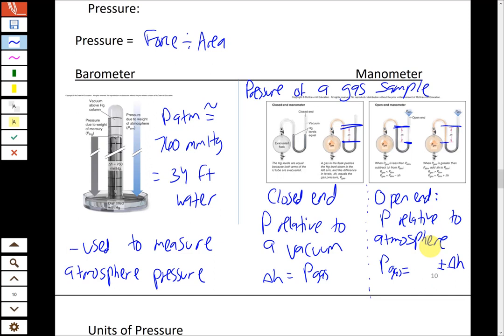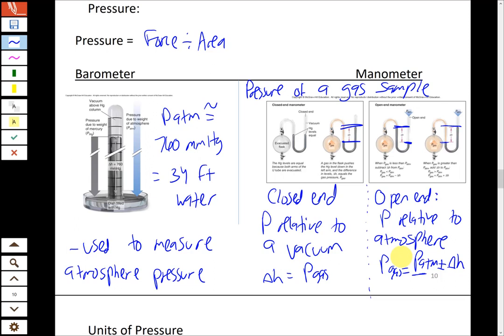So in order to use a manometer like this, an open-end manometer, you also need to know the atmospheric pressure. So you'd measure that with a barometer, you'd measure the difference in height using this device, and the combination of those two gives you the pressure of the gas. So there will be problems like that in the homework assignment to get you a little bit used to those